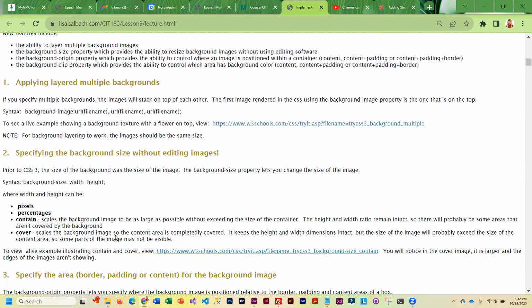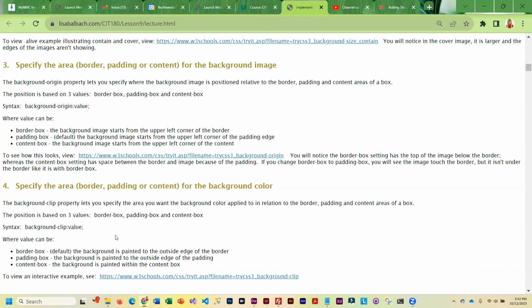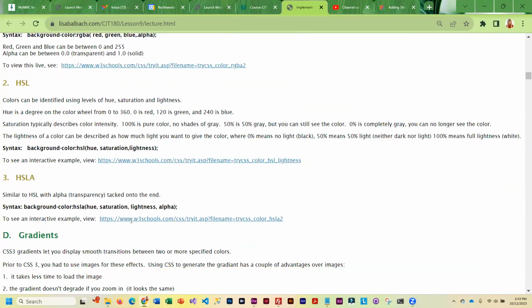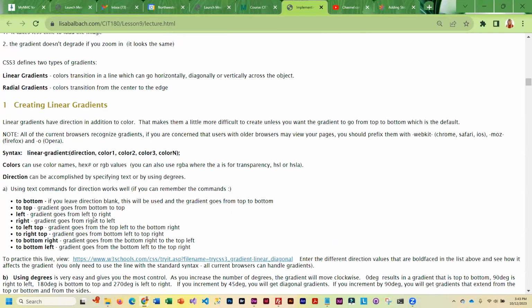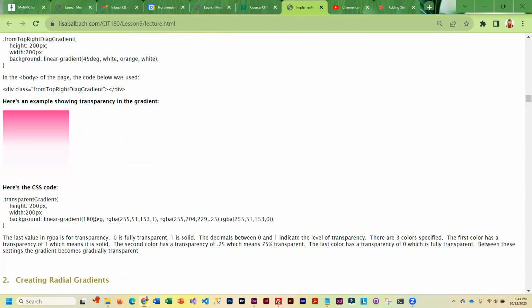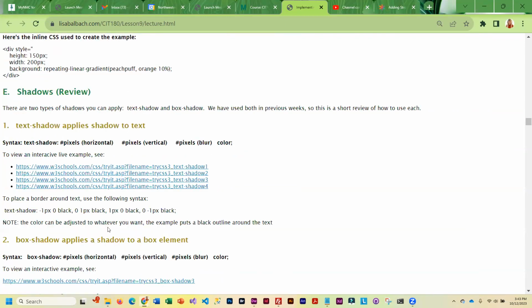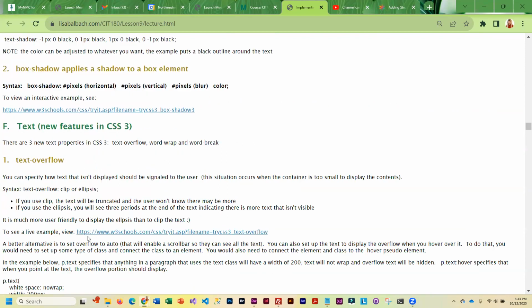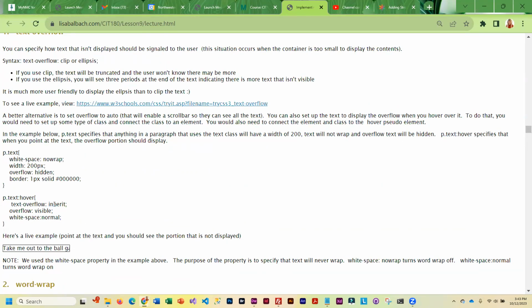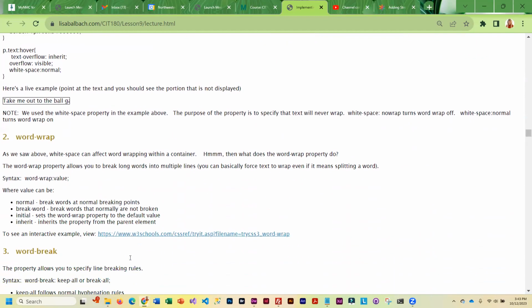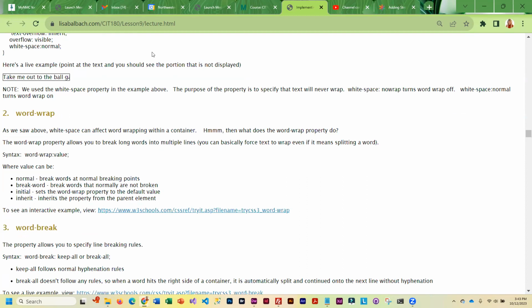So we get into backgrounds. As you work through here, you'll learn a couple of different additional ways of adding color that we have not talked about. You'll learn how to create gradients, and I did create plenty of examples, so you are going to get a pretty good feel for how these features are used. Whenever you see a live example, it is something that you can interact with. Once you are done,